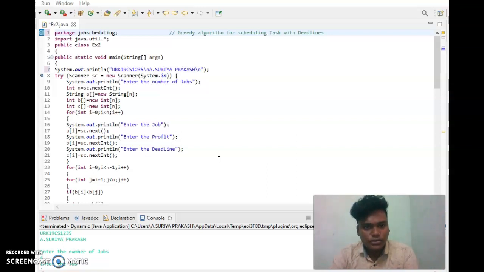Now we have to put job scheduling and we have to create a Java public class, Eclipse 2. Now experiment 2 is public static void main(String[] args). Now we have the statement System.out. We have to print the name and number, and now we have to write the formula Scanner s